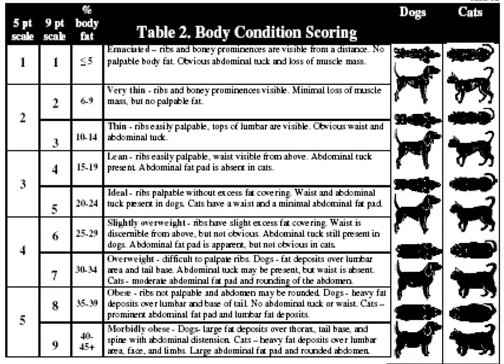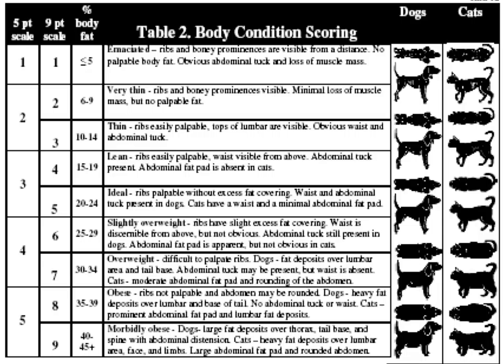So what we do as veterinarians is what's called a body condition score. There are several out there, and this chart that you should be seeing on the slide shows both a 5-point scale and a 9-point scale, and how they relate to the amount of body fat that would be present if you actually measured it. The middle of the scale represents an ideal body condition, so a 3 out of 5 or a 4 to 5 out of 9, and those dogs and cats typically have a body fat content of around 15 to 20%.